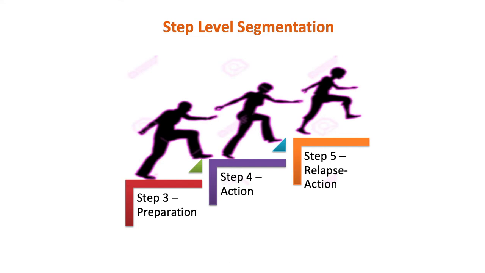Step-level segmentation occurs when we use a market segmentation strategy to target a particular set of groups. And then, as the various group members of each group respond to our marketing efforts, we further subdivide those groups into additional sub-segments that each require differential marketing treatment. We can easily relate this to the transtheoretical model, or stages of change.